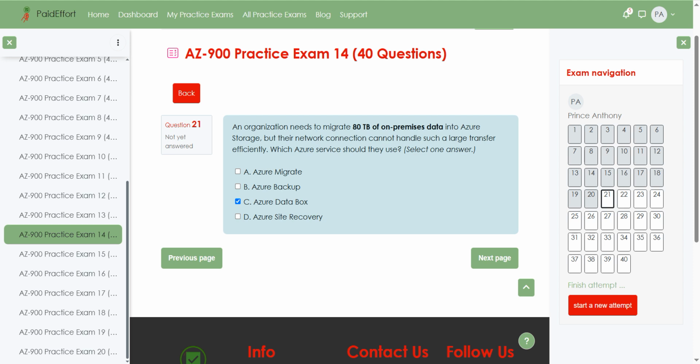Now, let's look at the incorrect options. Azure Migrate is great for assessing and planning migrations, but relies on the network. It doesn't handle offline transfers. Azure Backup is designed for ongoing data protection, not bulk one-time transfers. And Azure Site Recovery is focused on disaster recovery and business continuity, not data migration. So when you're dealing with something as massive as 80 terabytes and network speed is a bottleneck, Azure Data Box